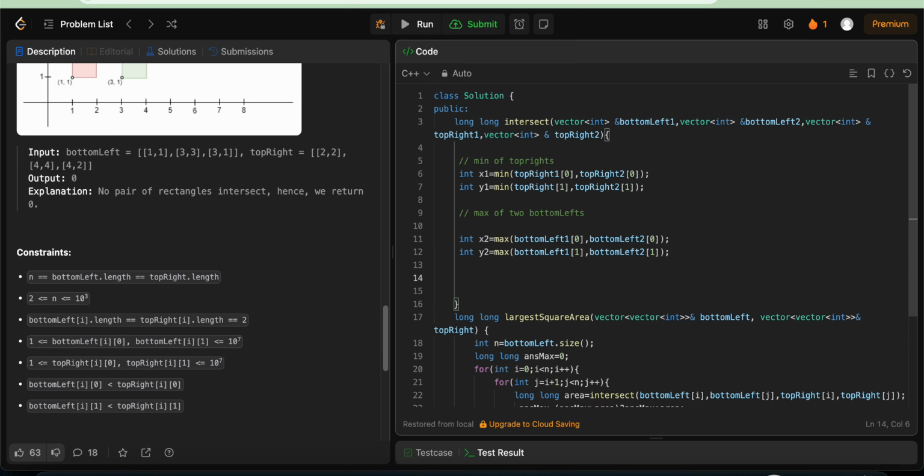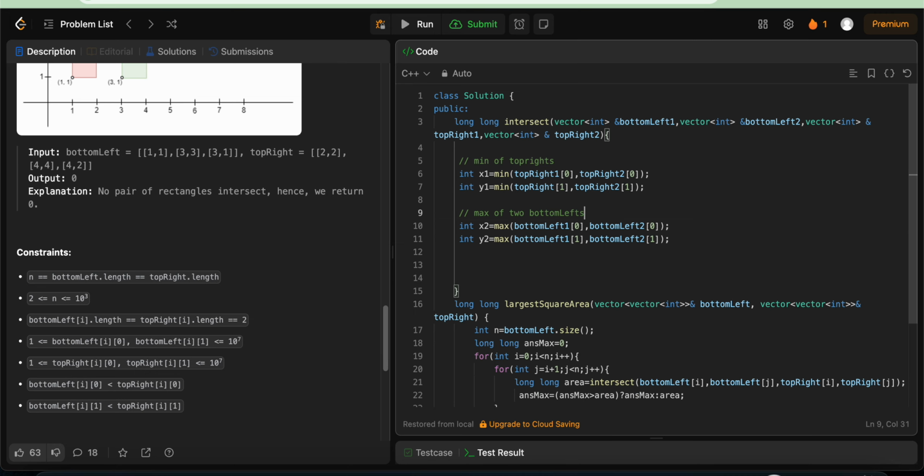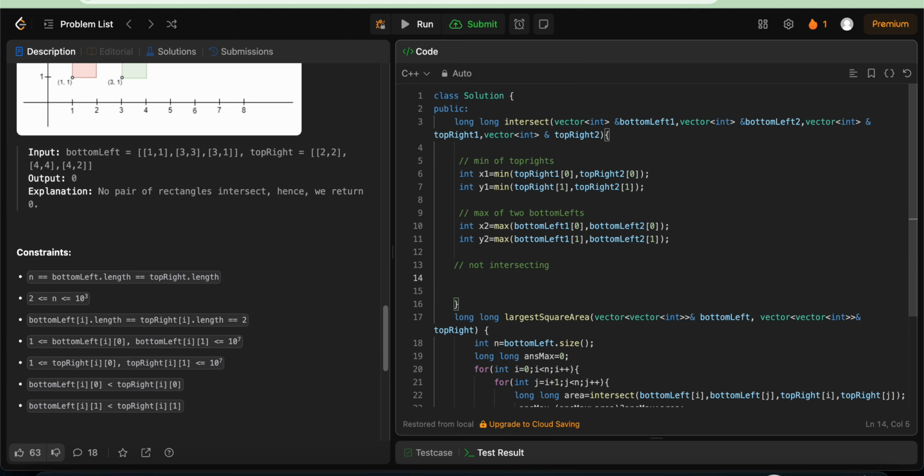Alright, now I have calculated two coordinates, and with the help of these two coordinates I am going to find whether these two rectangles are overlapping or not. The condition that I'm going to write is checking if they are not intersecting. So I will check like this: if this x2, means this point,